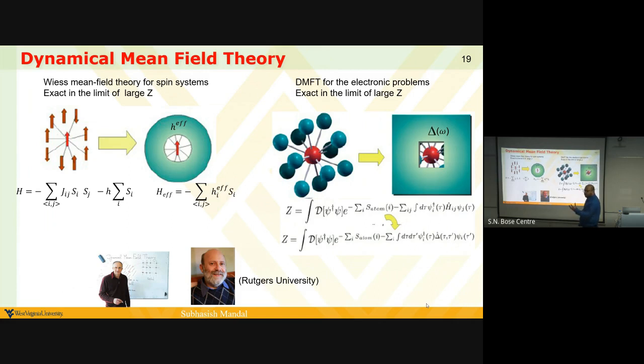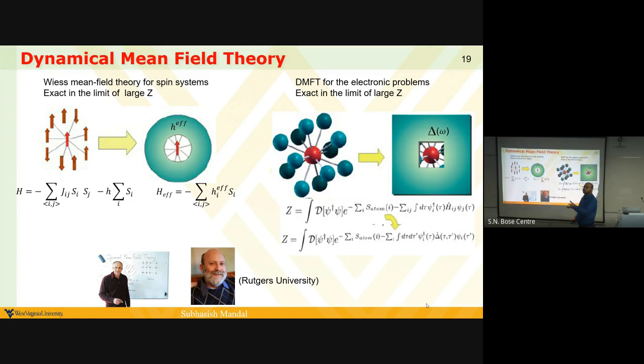They converted a many-electron problem into an impurity problem, where this impurity atom is seeing the rest of the electrons, which are treated as a non-interacting bath, and they are connected through a hybridization function with a very strong frequency dependence. So this was the idea of dynamical mean field theory. It is not solving the Schrodinger or Dirac or Dyson equation. It has a different take.